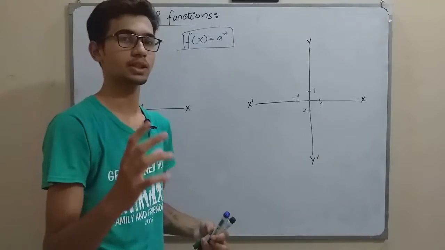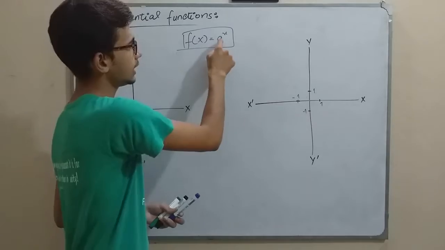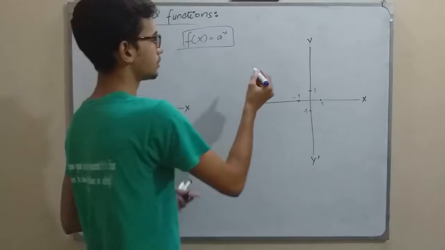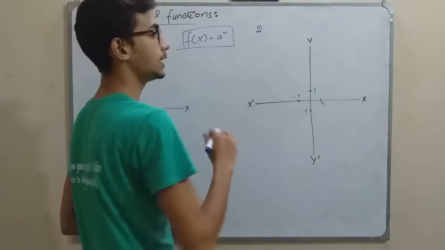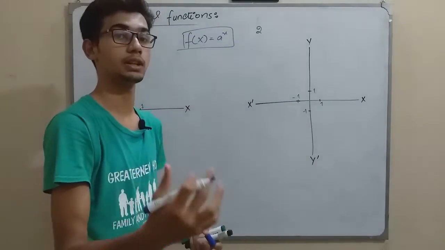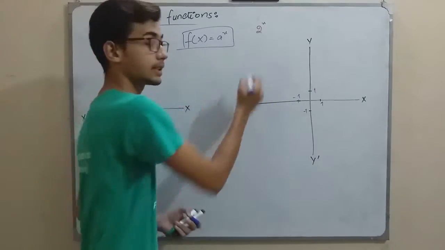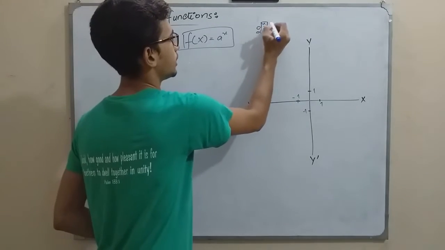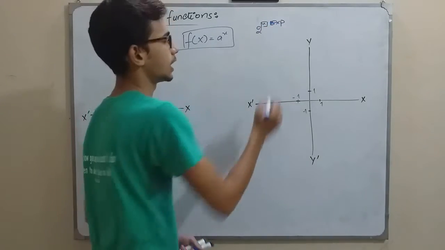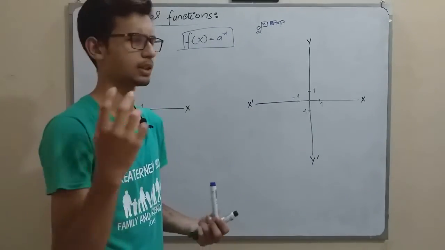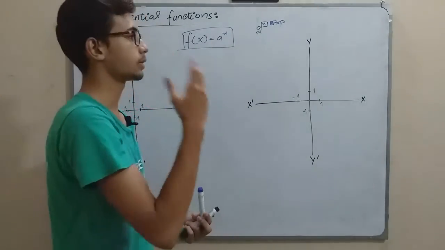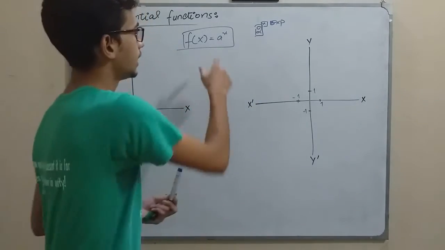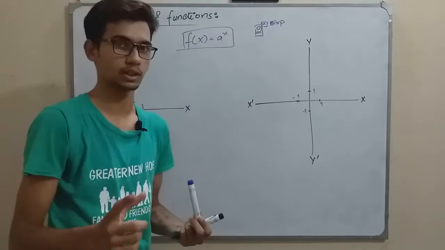Now the question arises, what is an exponent actually? Suppose a is a base. a is known as the base and x is known as the exponent. Suppose we have a constant value like 2 and any number, any constant or variable, raised to its power. Suppose x will be a constant here, and now let me write exp. I'm just using exp as an abbreviation for exponent. Exponent is also known as index or power, and the number 2 is known as the base. Hence a is the base here and x is the exponent.